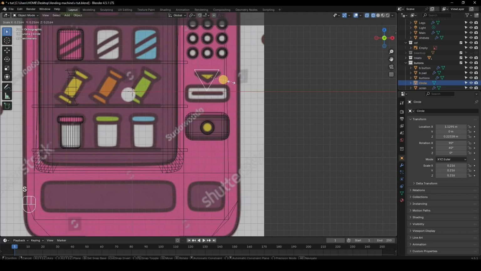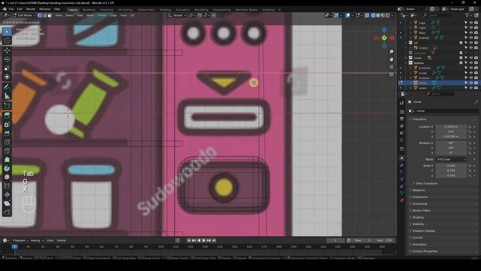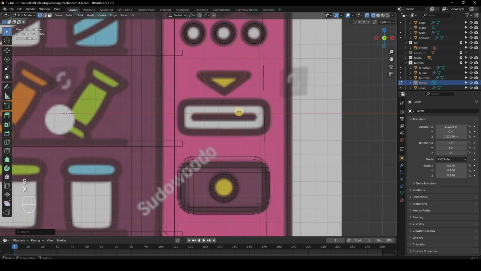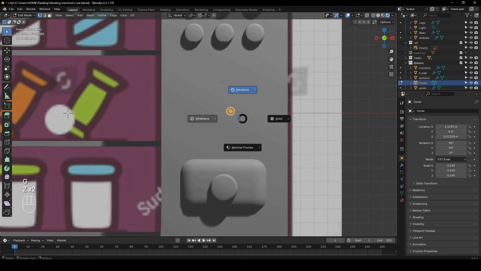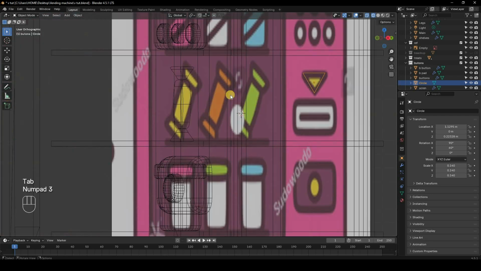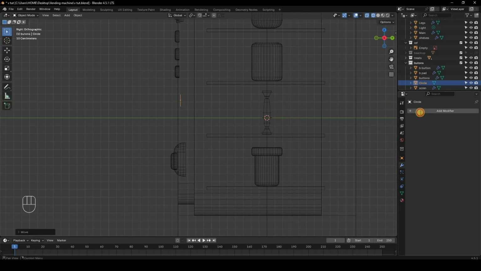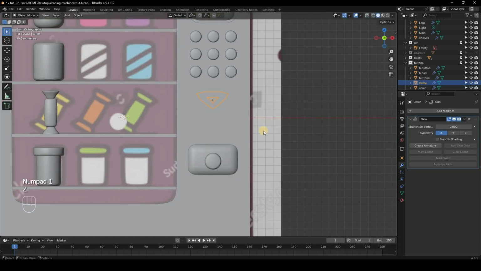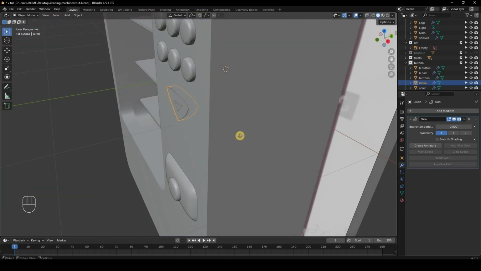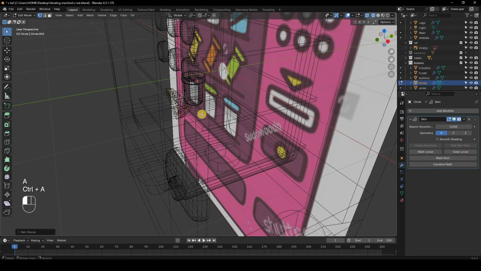So now I'll just start scaling this till I see the right side, and then tab into edit mode. I'll just S and X to scale these down, and then select this vertex and G and Z to move it on the top, and G and X to move it maybe a little bit to the side, and then move it to the front, and also give it a skin modifier. This automatically gives it a little bit of thickness, and then G and Y to move it outside about over here. Then select it all, Control A to again make the thickness a little less thick,